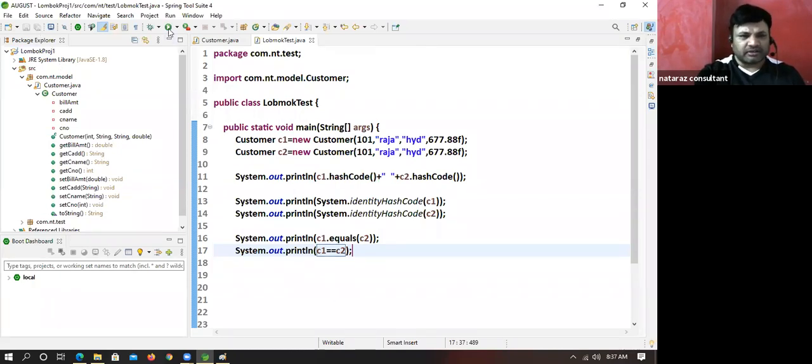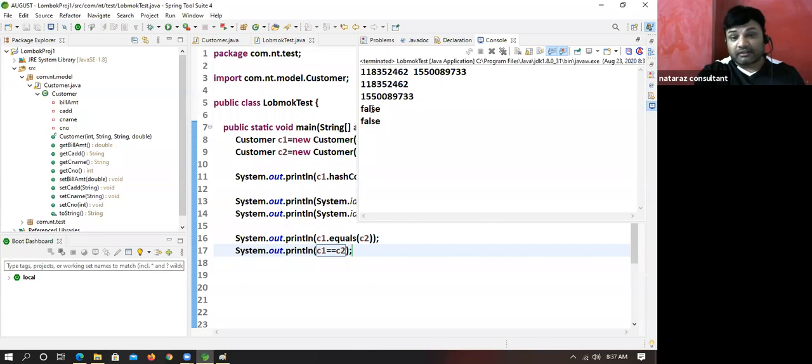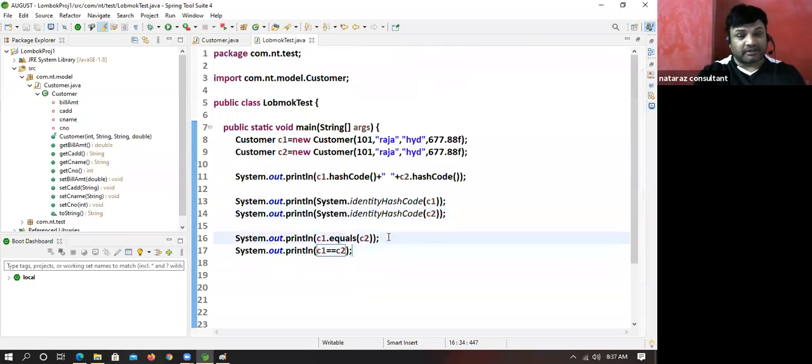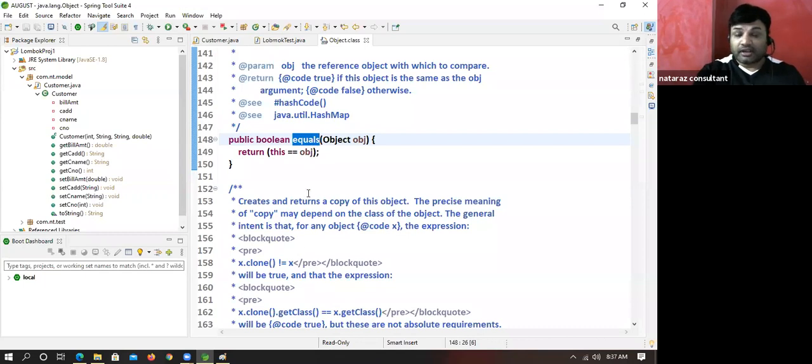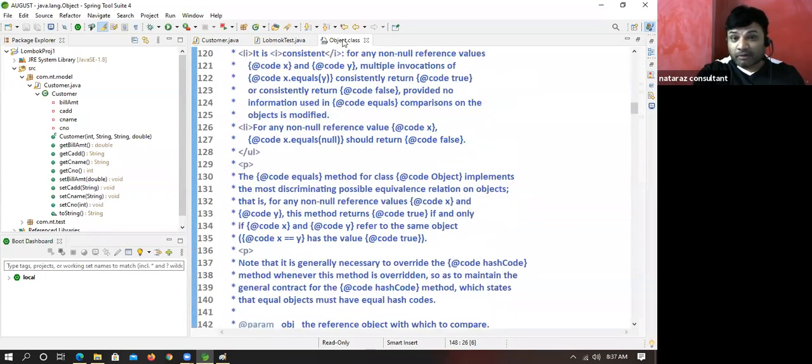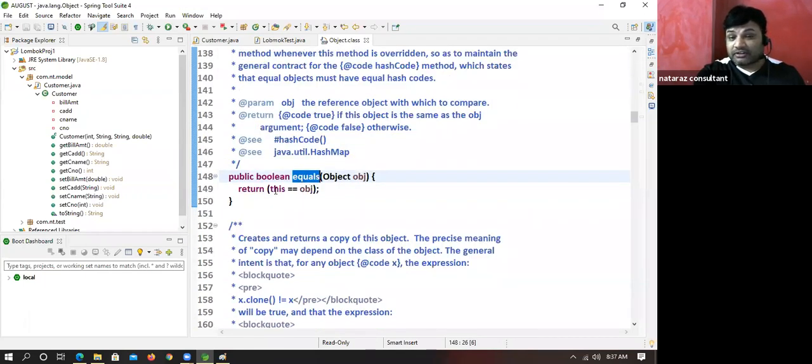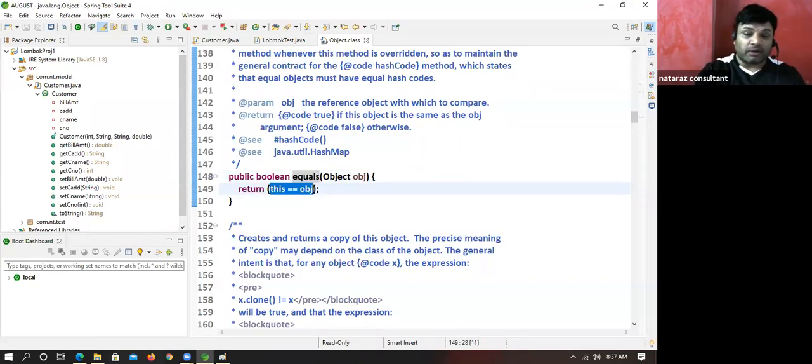Lombok test, you run this. Both objects have the same state. But interestingly, you are getting false. Did you notice it? You are getting false. Why is it happening, sir? This is also one surprising thing. You click on this, F3. See, Object class. We are in the Object class. What is the Object class equals method using? Internally it is using the double equal to operator. Are you understanding my point?